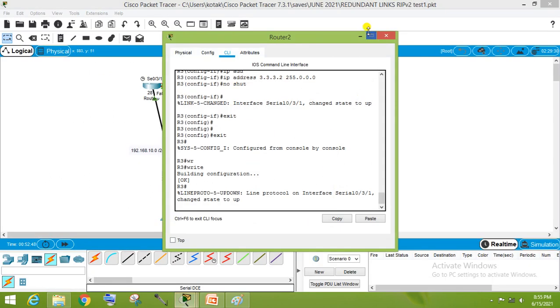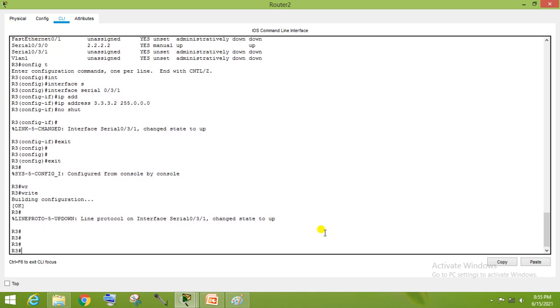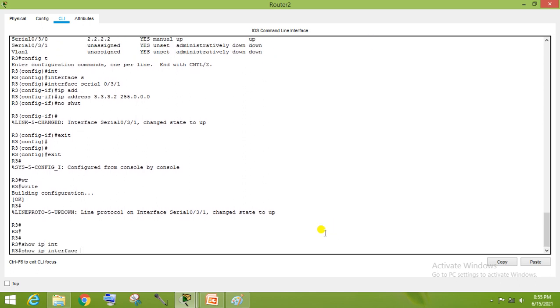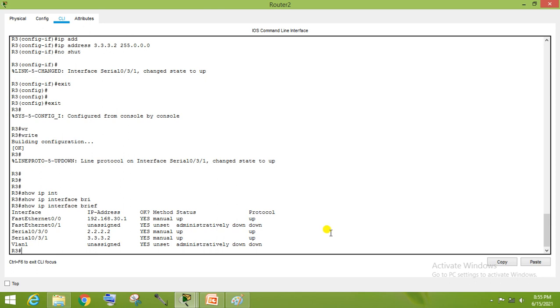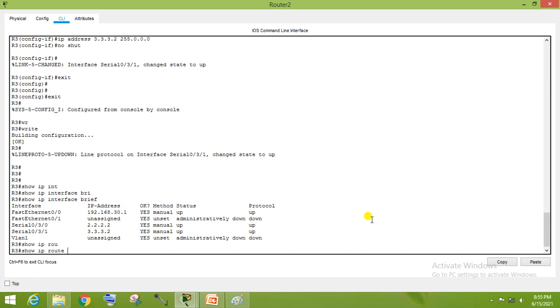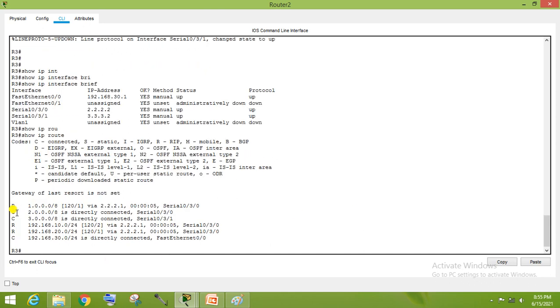And for this router again, I think this interface also comes up. But what is the route? The connected route is here, but we have to advertise this network also.